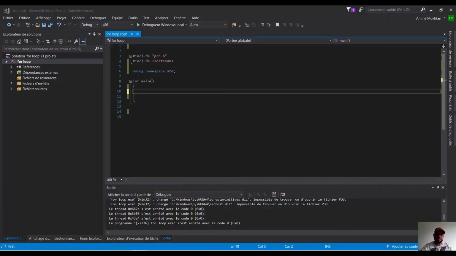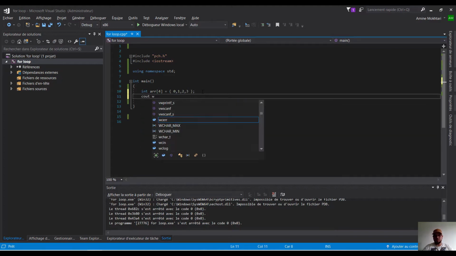So here we have our main program. As we said, we want to print an array. For example, we will take an array with 3 or 4 items. So the first thing that we have to do is declare this array. For example, array 4, then equal, then we will take the values 0, 1, 2, 3, for example. Now semicolon. Here, if we want to print this array without using loops, we will do like this: